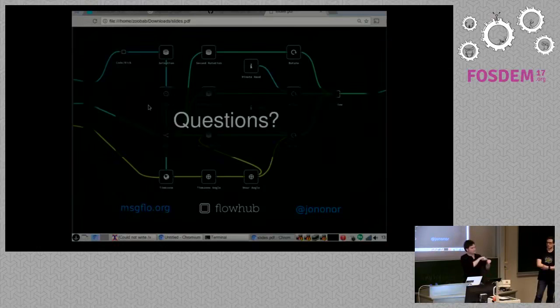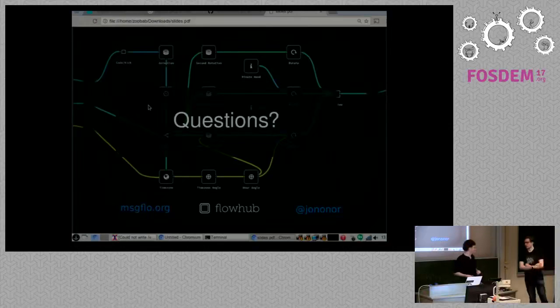Msgflo actually doesn't care about the payload that you send, because we have a slight preference for JSON, but you can send buffers of arbitrary stuff. That means you can do this without changing any of the code. Okay, let's